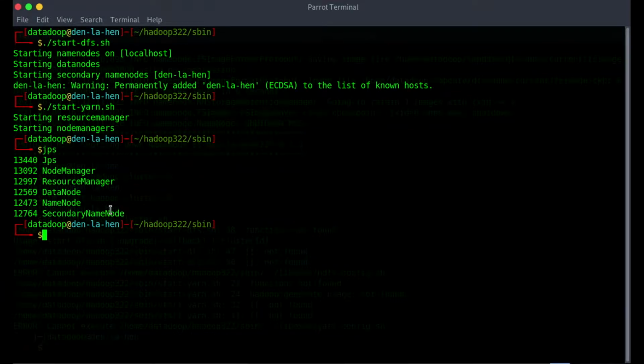In order to make sure your MapReduce program runs fine and doesn't throw any error based on basic installation setup, you should make sure that your node manager, your resource manager, your data node and your name node are configured and running fine as Java processes. So this jps command makes sure that all these four nodes and managers have been installed and configured correctly, so that it will execute your MapReduce without any error.